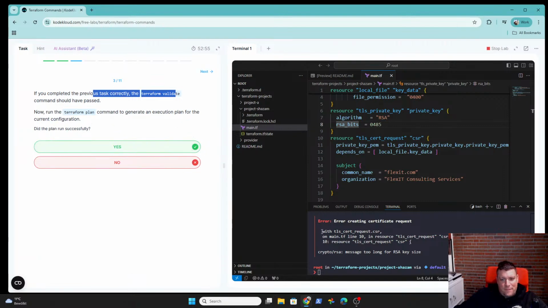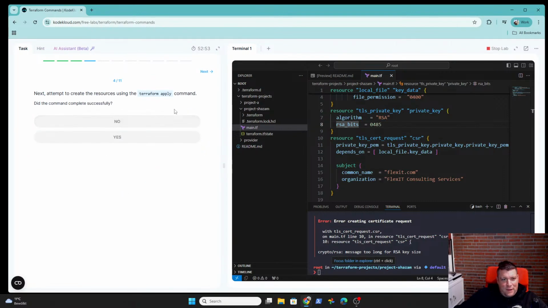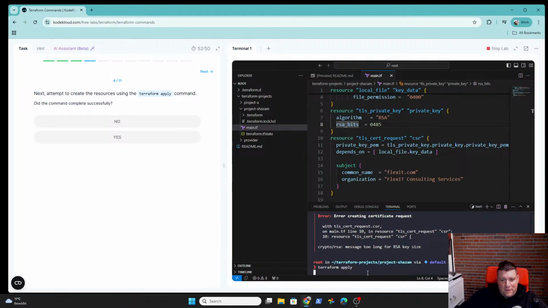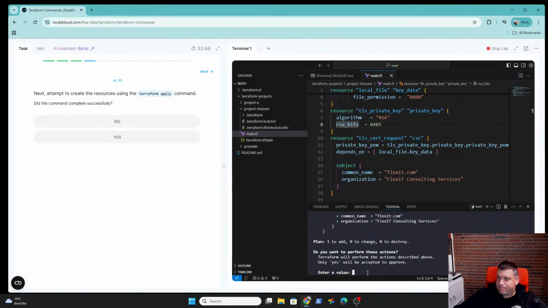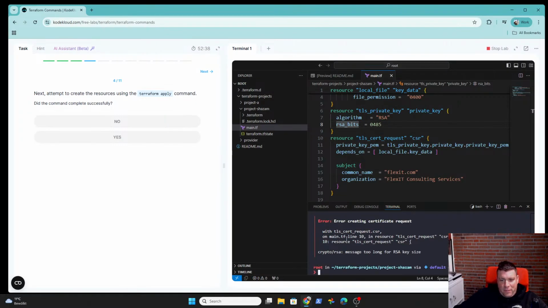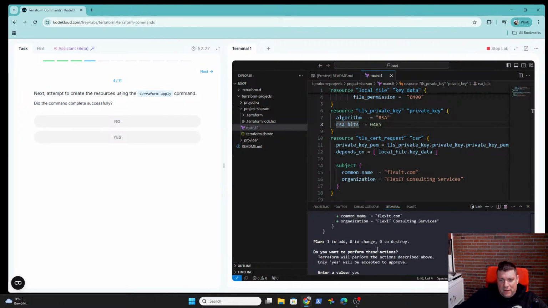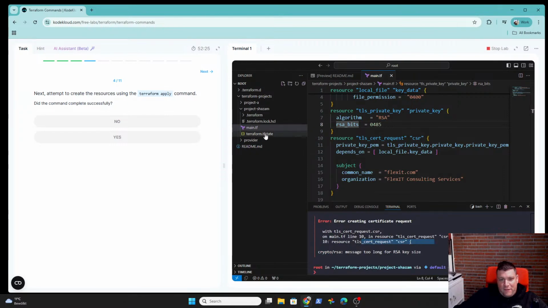Yeah, okay. I did the plan. Now the apply fails. So apply will fail again because the CSR message is too long for the RSA key size, and I'm not sure where it's defined, but I'm sure I'm going to learn it in this exercise.